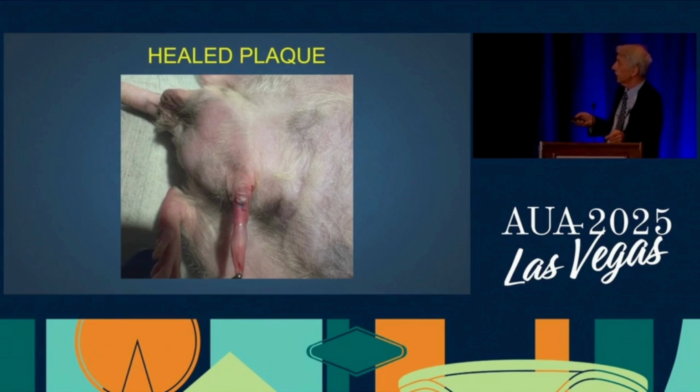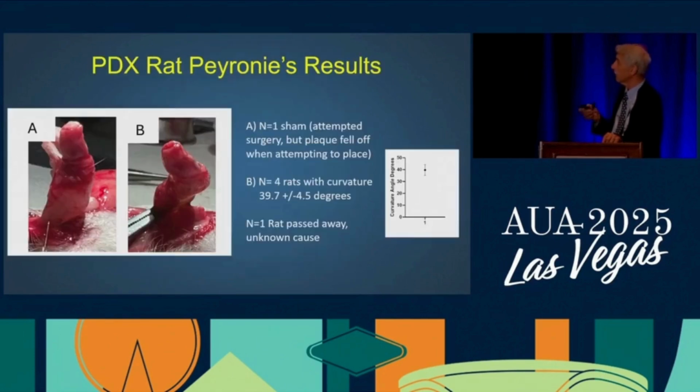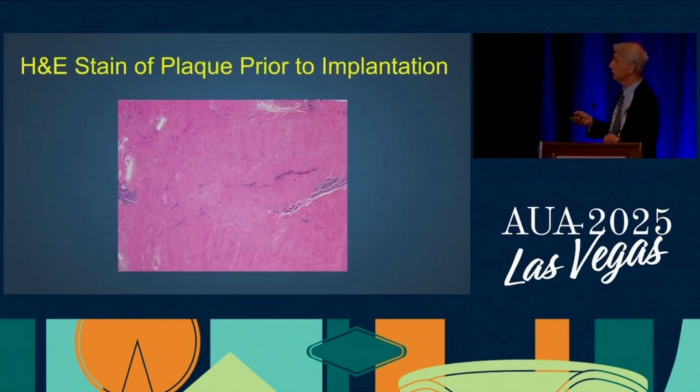And if you look over here, this is a typical animal a number of months after, and you can see the actual site of the placement of the graft. Of our first 6 animals, we did have one sham, and I will state that I'm the one that put this graft in that fell off. The other residents that were involved put the other 4. These are immunosuppressed rats, so they're very likely to catch different conditions. One passed away. But our mean curvature was 37 degrees, and you can see this is the sham, and A and B is the actual one that has a typical curvature that we have.